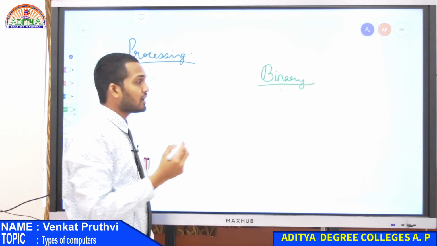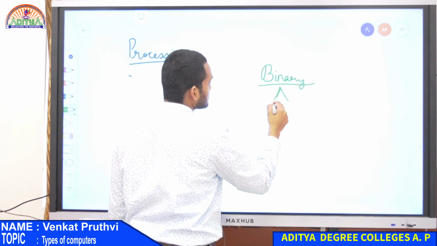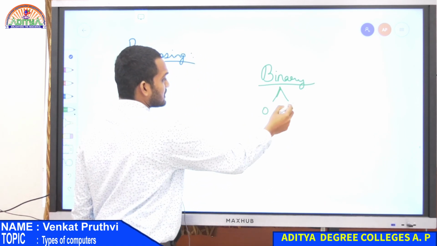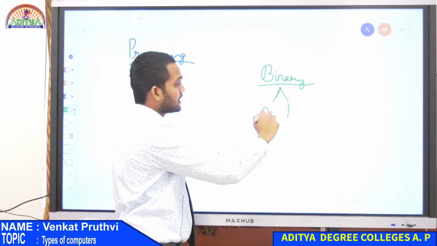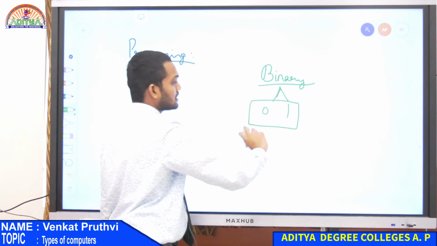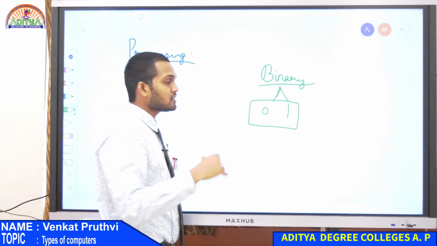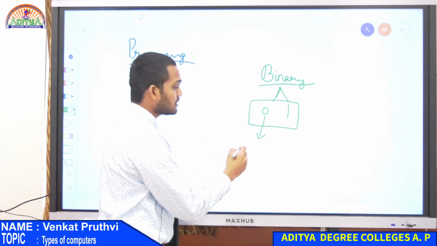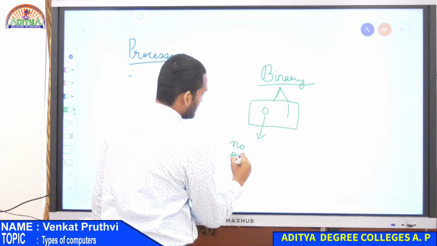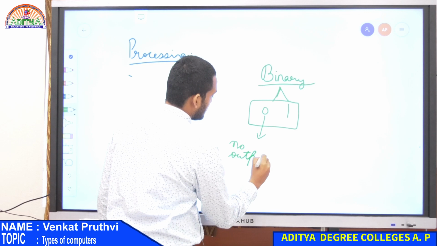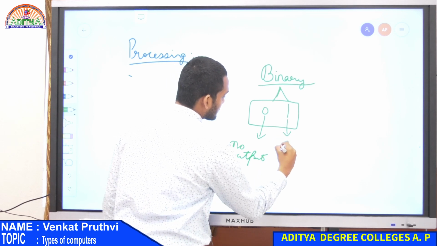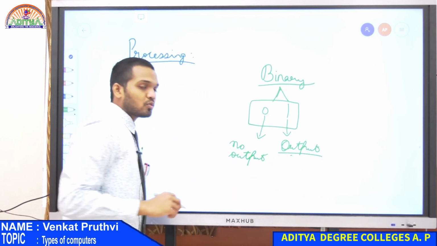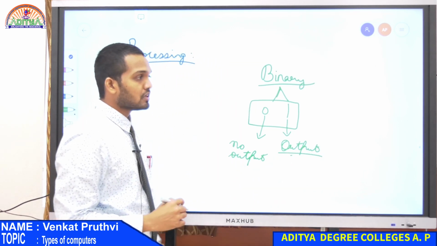In binary, we have something called binary, meaning 0 and 1, right? The computers only understand this language, not even this. It will only understand what is 0 and what is 1. So as I told you yesterday, 0 means there is no output, and 1 means there is an output. This is how computers understand. How do they understand by 0 means?